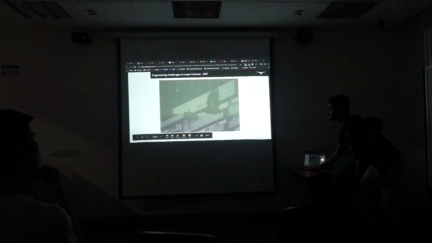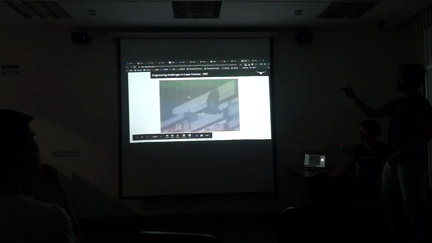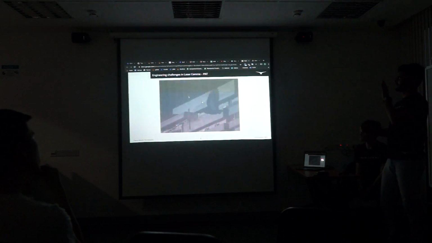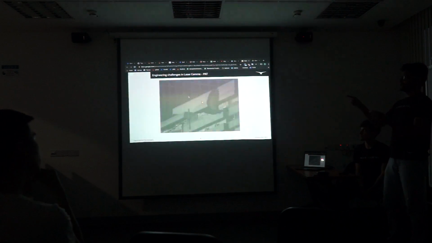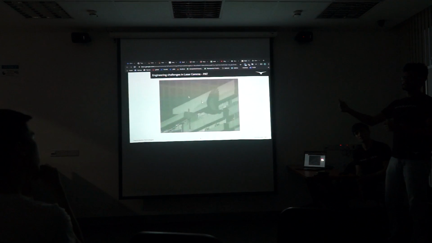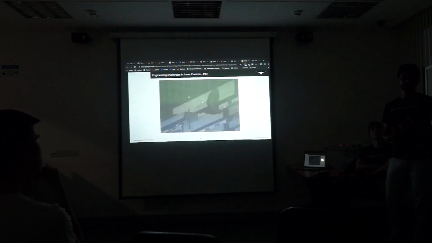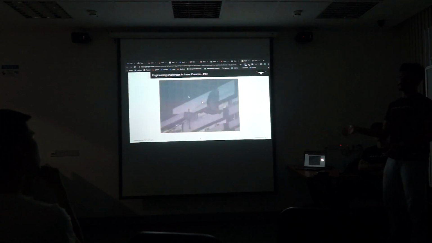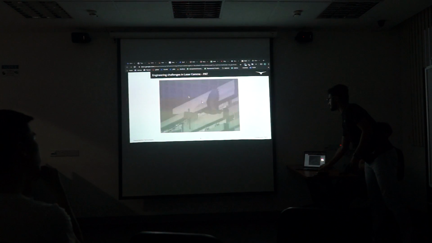Like if you see, this is a building behind, and those are glass windows. At a certain point in the day, the sun will reflect off those glass windows, and there'll be a huge source of energy coming towards the device, and you need to make sure that you don't look at that. At the same time, you need to ensure that you keep tracking even when someone is banging on the floor that you are on.